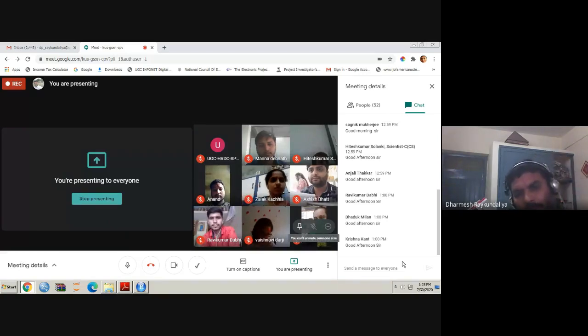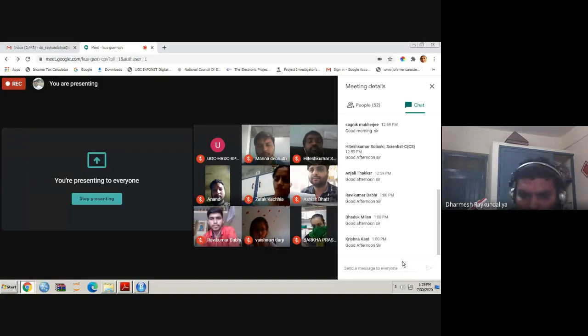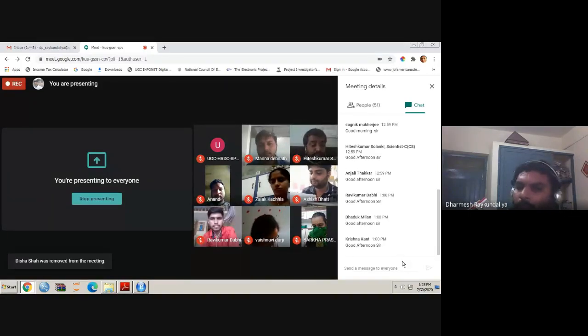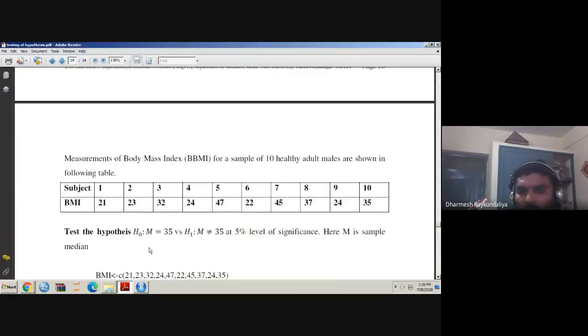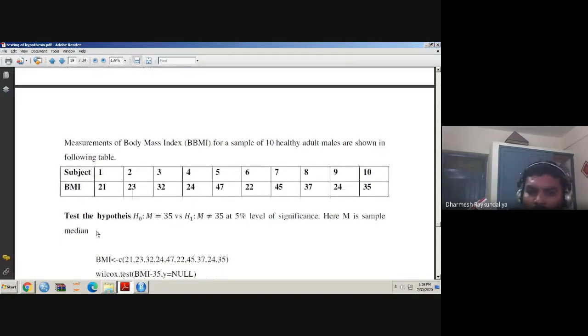So in short, whenever your data is ranking in nature, the mean is not appropriate, the mode is not appropriate. Which one is appropriate? Median. Whenever we talk about non-parametric tests, we always arrange the data in ascending order, or somewhere we find out the rank. So the measure of central tendency for non-parametric data is always the median. That is how I have written the sample median. Here the population median I have taken is M equal to 35. Now I supply the BMI values.